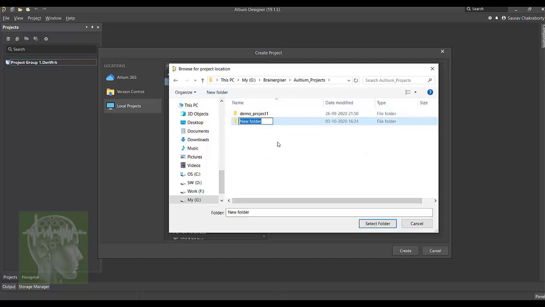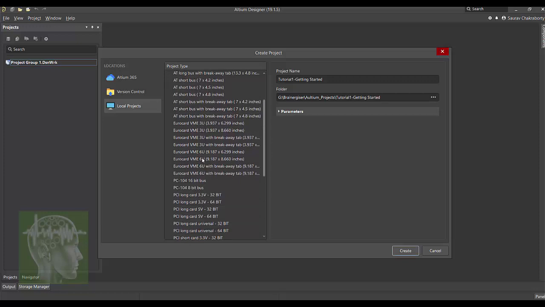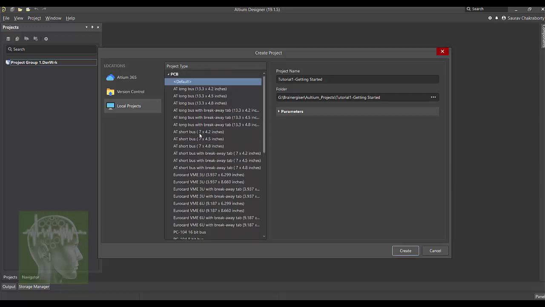So I'm creating a new folder where I want to have all the project files related to this PCB design. So I have created this folder. So I'm going to select this folder, and there are multiple project types. You can see multiple project types, but I am going to discuss those things later. Right now I'll select the default and create the project.